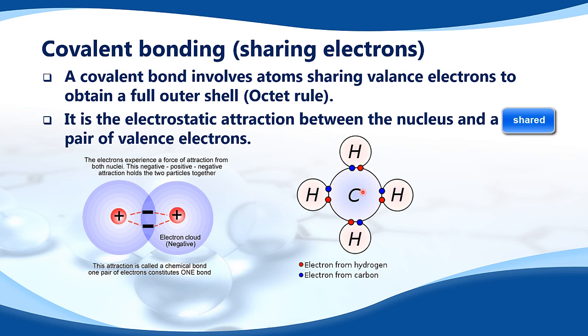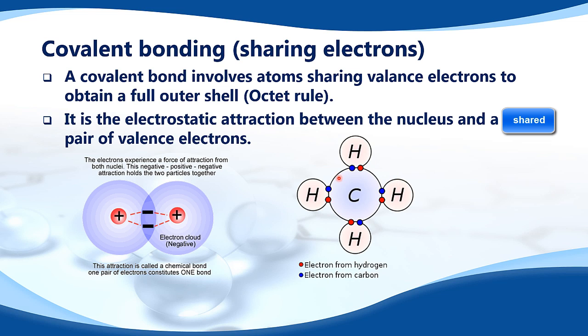Here's another example. We can see that we have CH4, which is methane, and you can see that the blue dots are electrons from the carbon atom and the red dots are the electrons from the hydrogen atom. So by sharing these electrons, hydrogen has 2 electrons in its outer shell, so it becomes stable, and carbon has